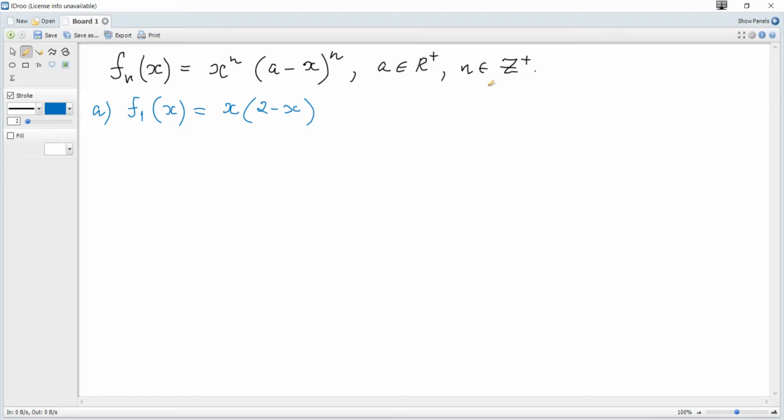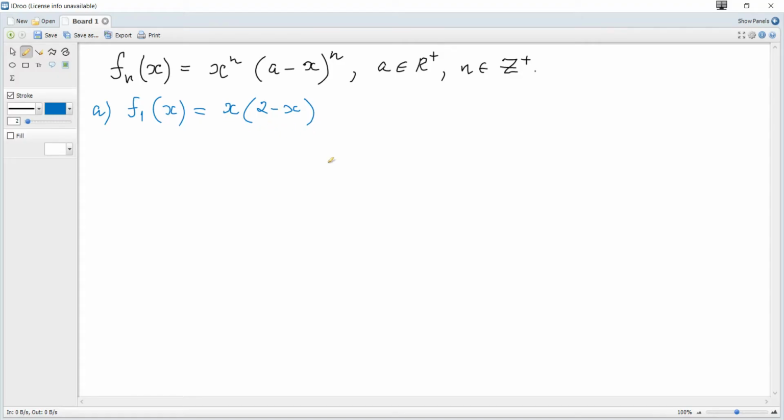Consider f1 of x is x multiplied by (2 minus x). A, sketch the graph y is f1 of x, so we need to plot this graph, stating the values of any axis intercepts and the coordinates of any local maximum or minimum points. 3 marks. So it's quite easy. We need just plot